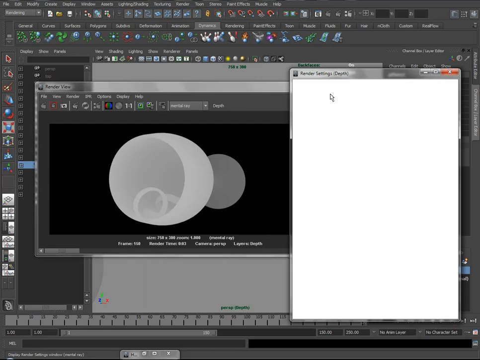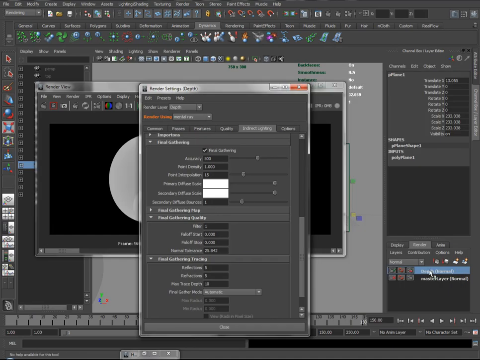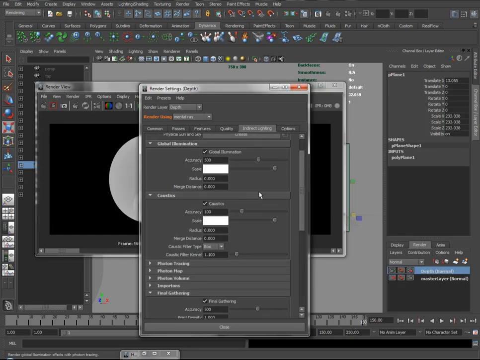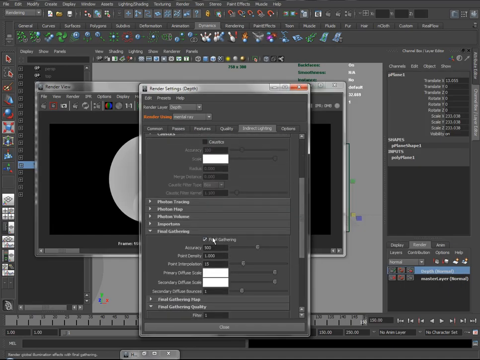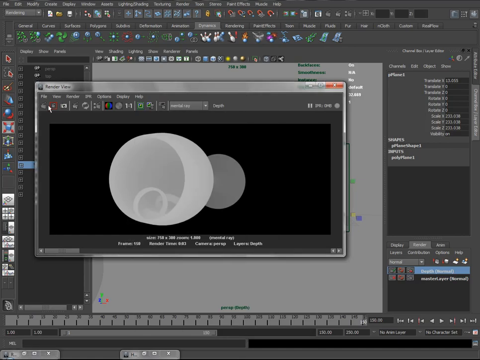So I'm going to pull up the render settings. And you'll see it's render using mental ray. And this is orange because this is an override for this layer. So I don't need caustics, global illumination, final gather, and I don't want the anti-aliasing, so I'll leave that at 0, and I'll re-render the depth layer. And again, 1 second a frame, much faster, and again, go up to render, batch render, and that will then render out 150 frames of your